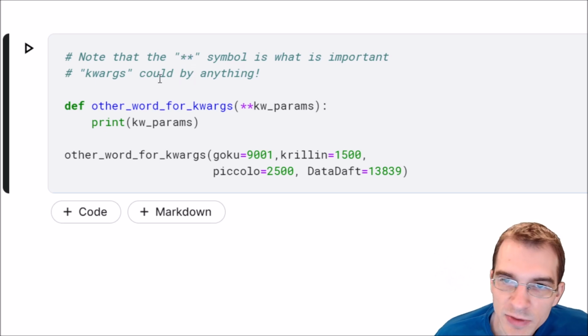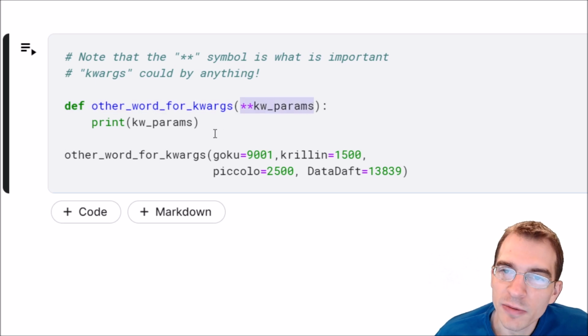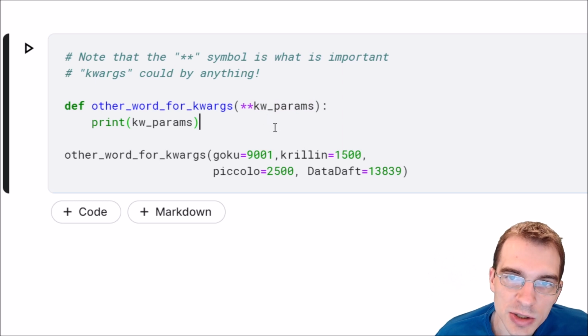So for instance, if you were just used to calling arguments parameters for some reason, you could do something like this. Define a new function and say **kwparameters, and then within the function body, this kwparameters would function exactly the same as kwargs does in the normal case. So this probably isn't something you'll see very often or at all, because everyone just uses the kwargs convention, but know that this is possible, and you may see it somewhere if somebody just happens to defy normal conventions.